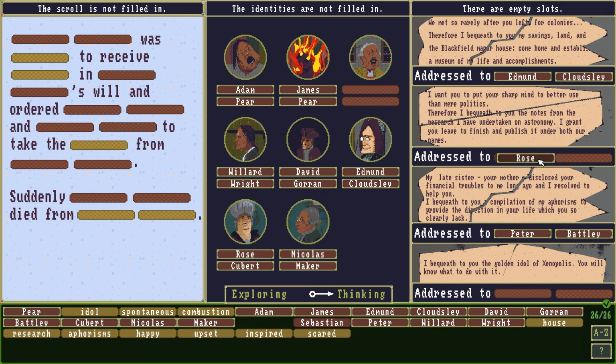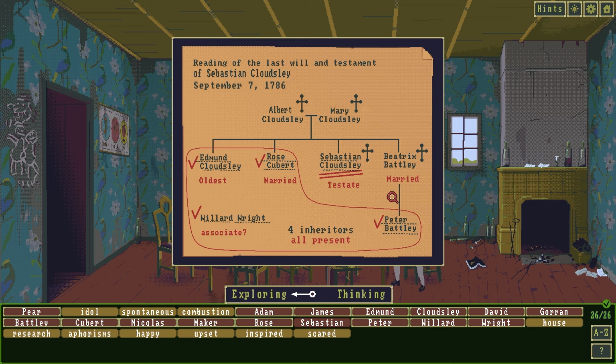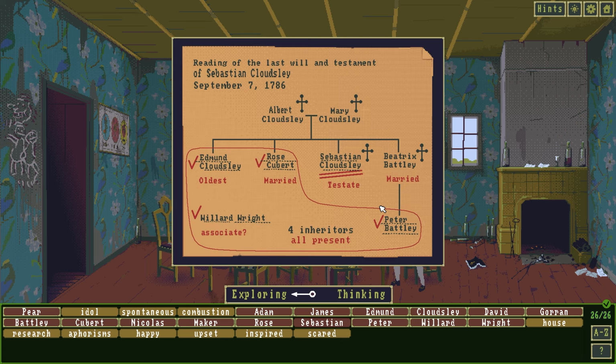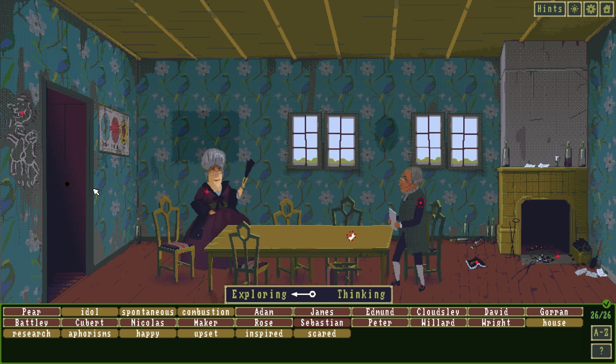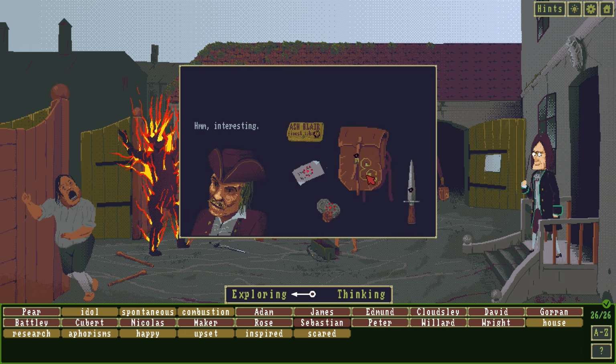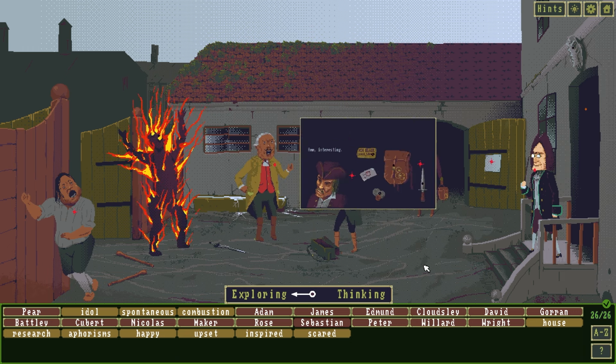Still think that this could be Rose Kubert. Which means this has to be Willard Wright. Which it isn't. All 4 are present for the reading of the will. All 4 are present. Means it's 4 people. Unless I've misjudged who you are. You have EC on there, but you have EC in the handkerchief, so...